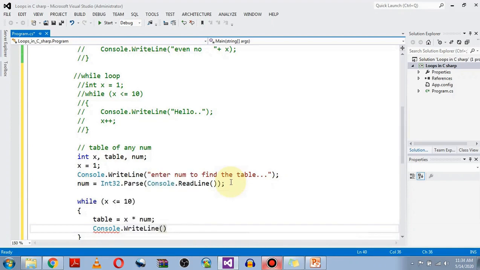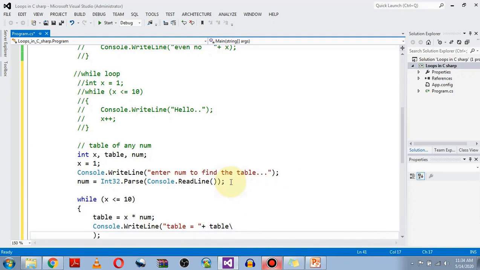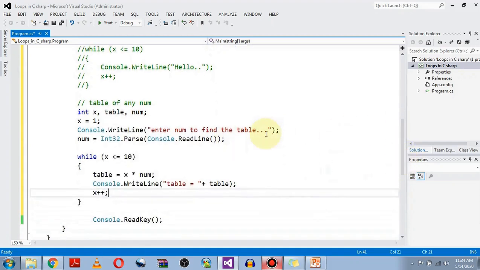Console.WriteLine, "table is equal to" plus table, and at the end we will be incrementing the x variable. So first we have declared 3 integer variables, initialized the loop variable, and also initialized the number for the table.